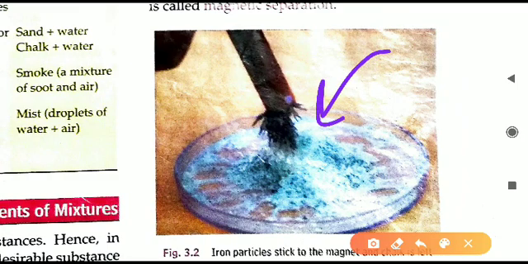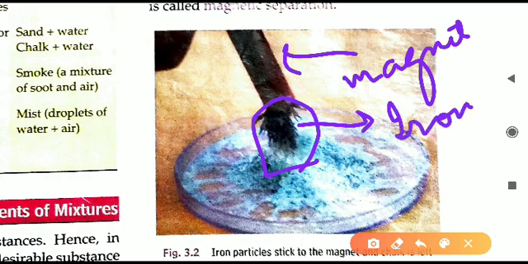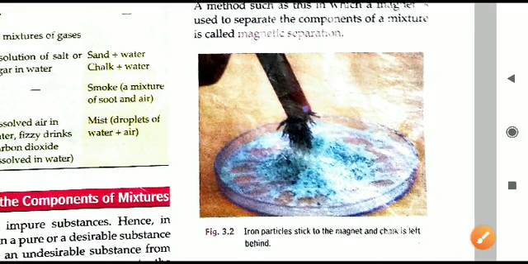You can see in this photograph given here, this is the mixture, and we have taken a magnet. Above, you can see here is a magnet. Towards the magnet you can see this black mass that has deposited. What is this? This black mass is iron filings. This iron is attracted towards the magnet, and all of it has collected together, and because of the attraction towards the magnet, it is moving upwards. And below, what is left? That is the remaining chalk powder. So this is how we can separate.